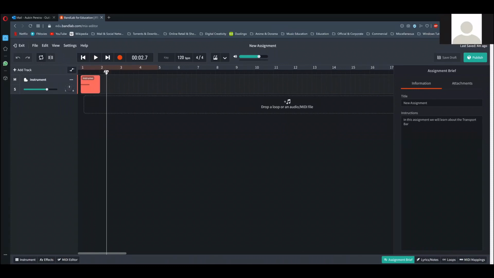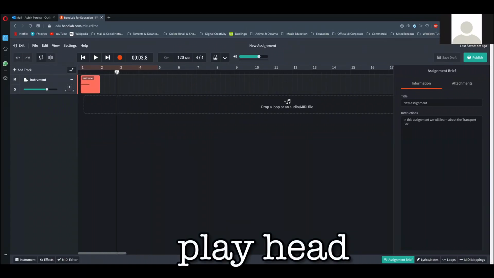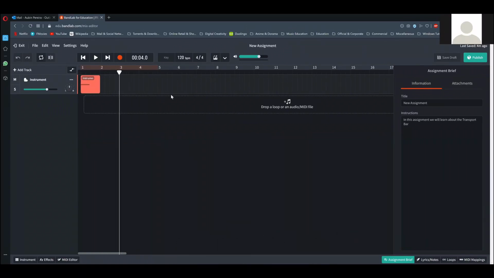You can see this little triangle that keeps moving when you hit play. This is called the play head. Okay, I'll put it out on the video as well with a little brief for you all to see what it is called. When you want it to go back to the beginning, you can hit the go to beginning button. I clicked on it, or you can tap on it, it goes back to the beginning. If I wanted to go to the end of something I created, I click on this and it goes to the end. Okay, go to beginning, go to end, and then the play.